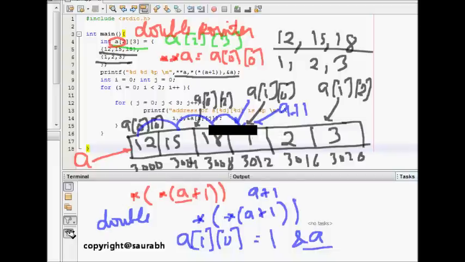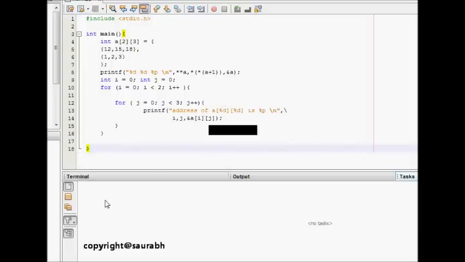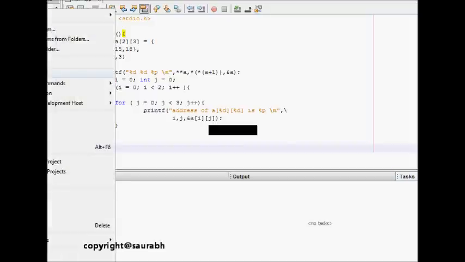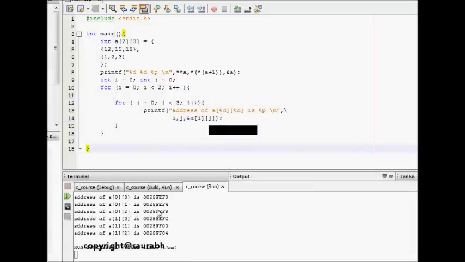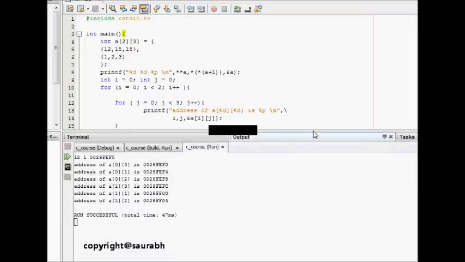So again, coming to this code now, so what we see is that let's try to now run this code. So we run this code, and this is the output that we see. So first thing that we see, so let's see the output more clearly little bit. So this is the output,